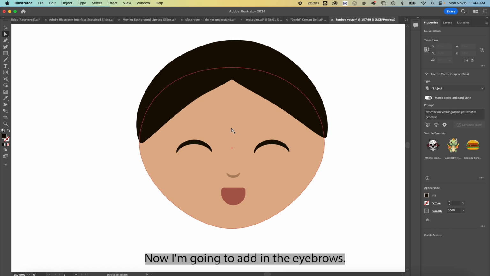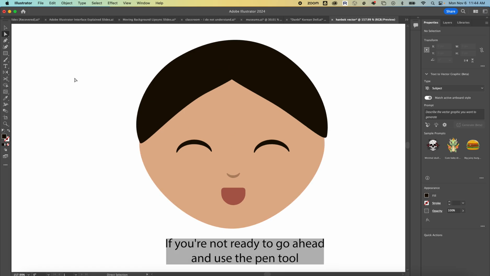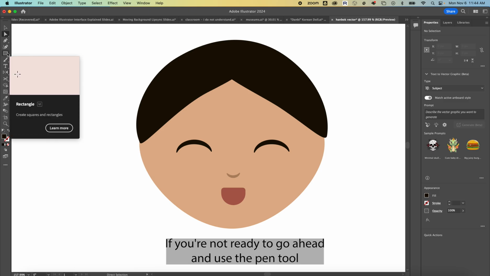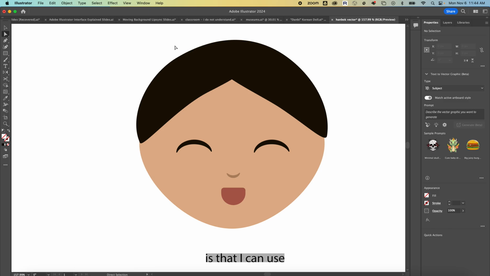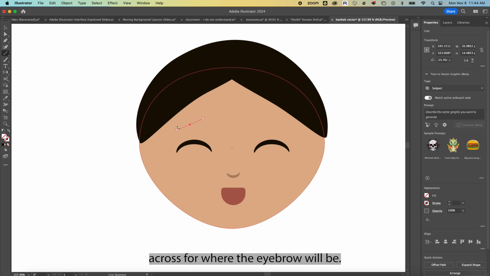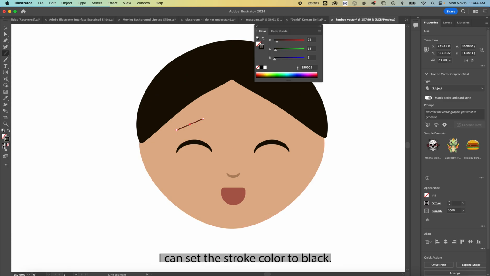Now I'm going to add in the eyebrows. So a couple ways you can do this if you're not ready to go ahead and use the pen tool is I can use the line segment tool to draw a line across for where the eyebrow will be. I can set the stroke color to black,